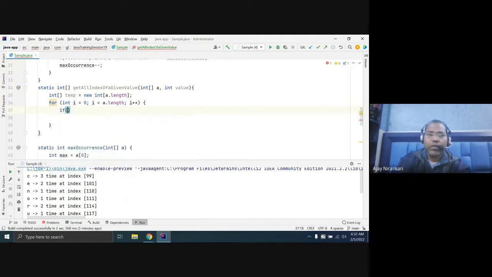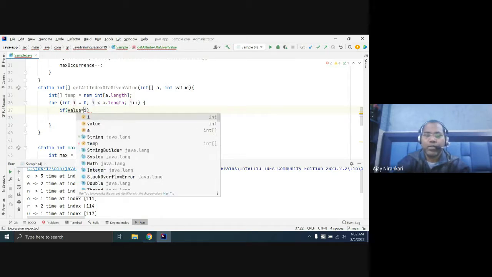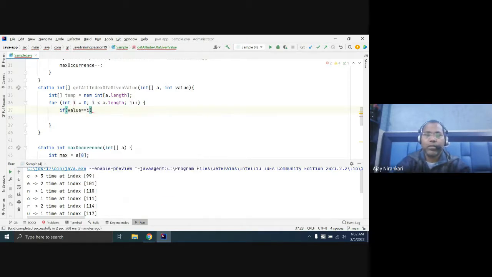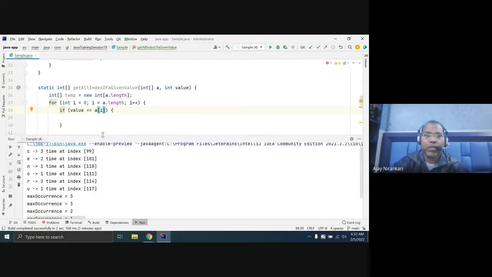If your value matches with the i index, with the value, so a of i, because these are the values, 3, 2, 4 are the values. So if a of i matches with whatever value I pass. If I pass 2, a of i is 2, matches, yes. If it matches, that means you know this is the index. So you have to hold this index in your array.